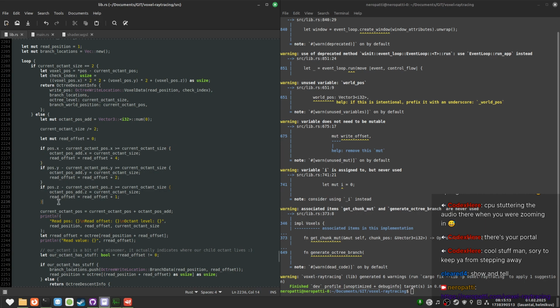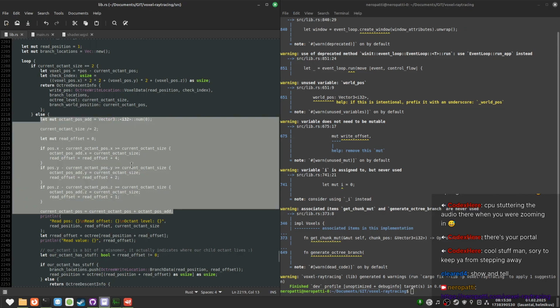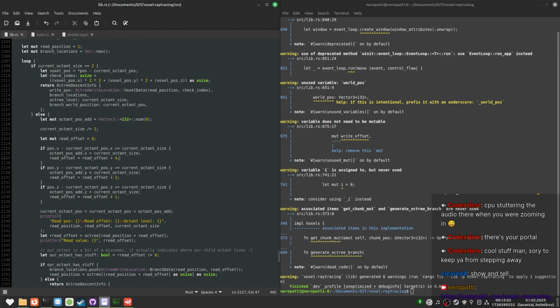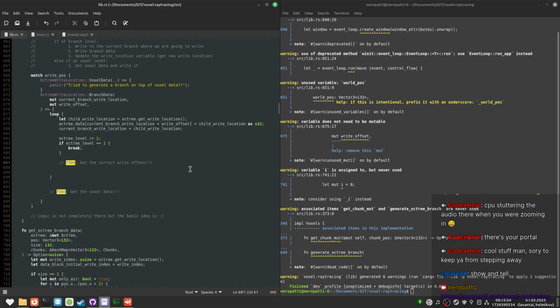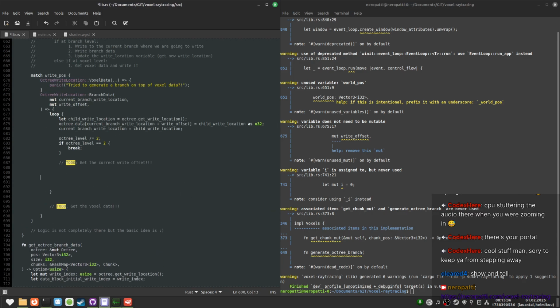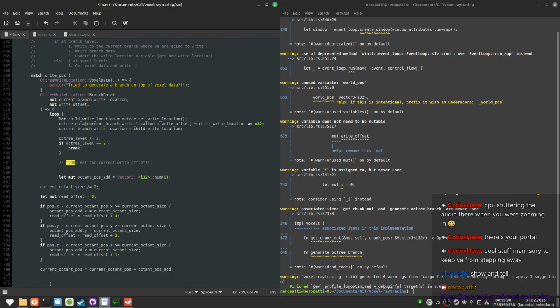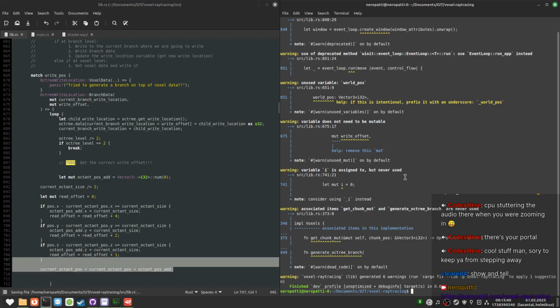I could turn this into a function. Yoink. Do cargo format.